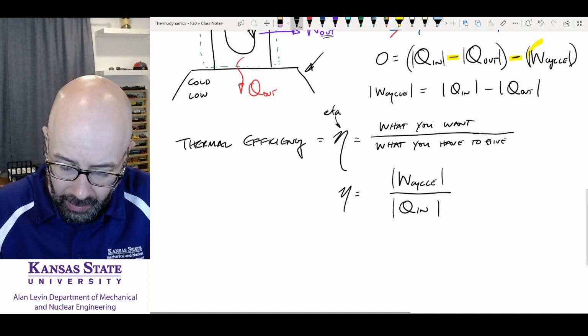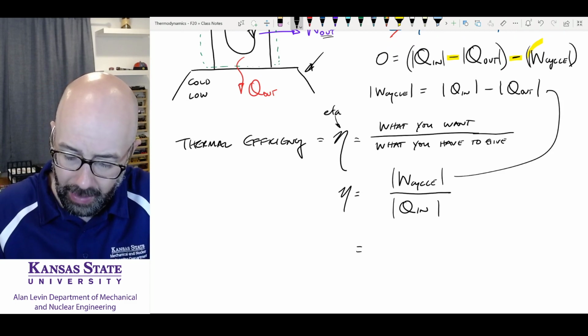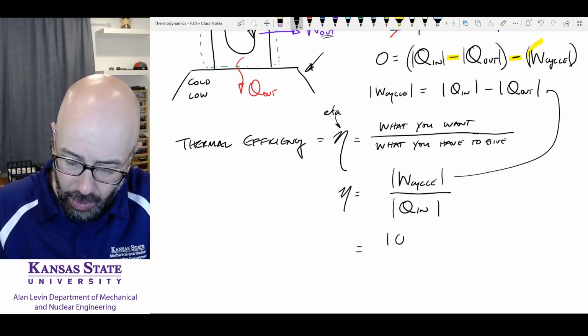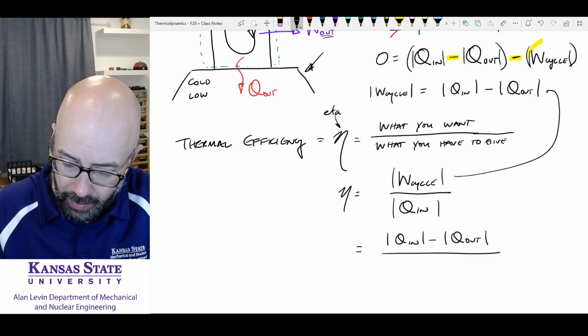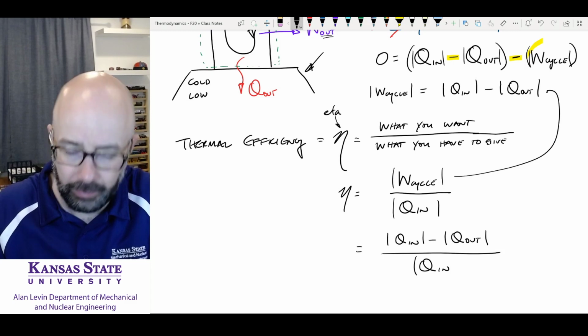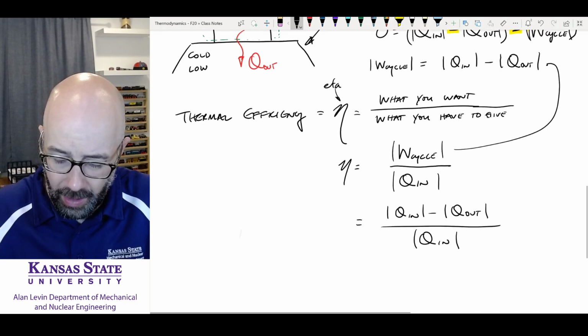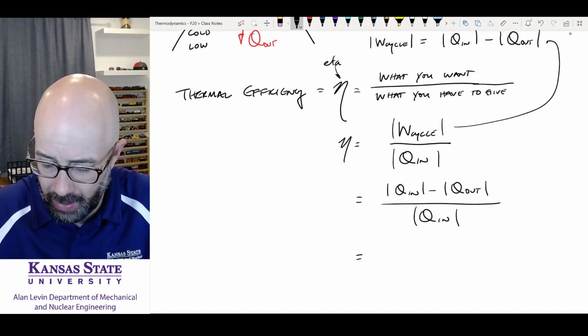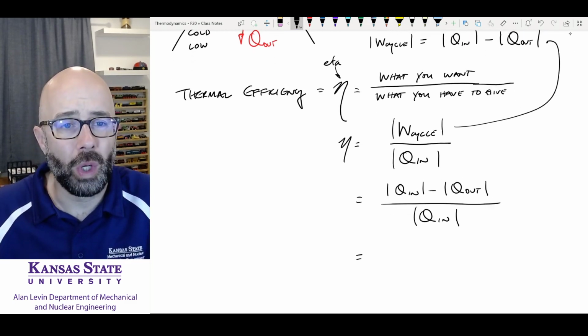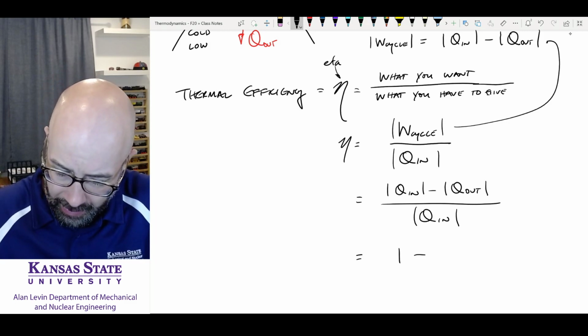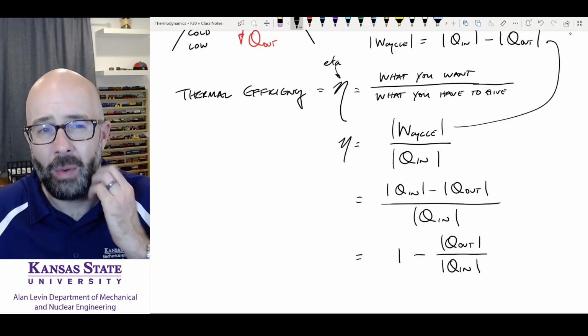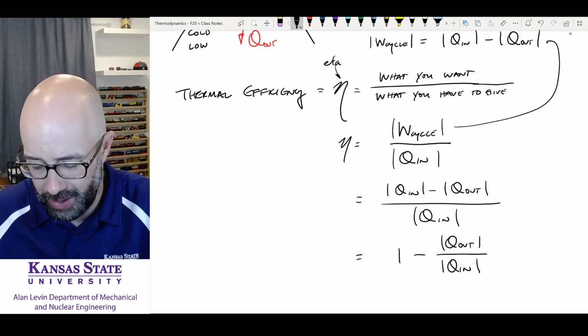And I can say, look what work of the cycle is equal to. I have this written here. I can also write this as Qin minus Qout all over Qin. That's another way to write it. Or, just looking at this, I have a common denominator, so I can do a little bit of work with my fraction. This is going to be 1 minus Qout all over Qin. Now I hope you see why I'm putting magnitudes,